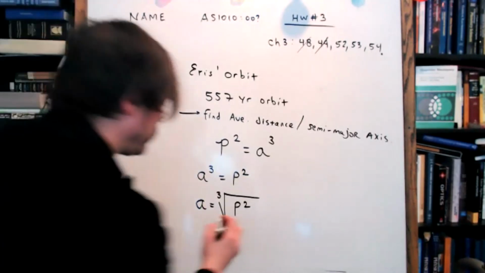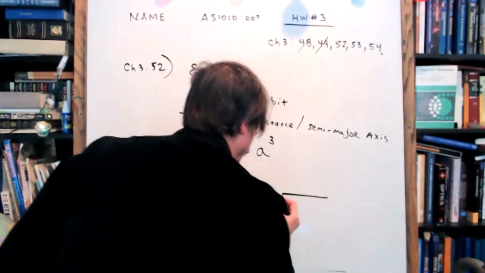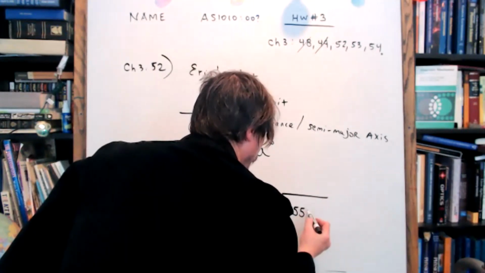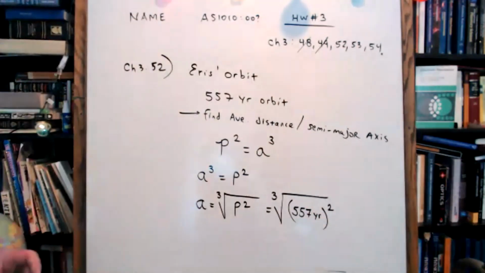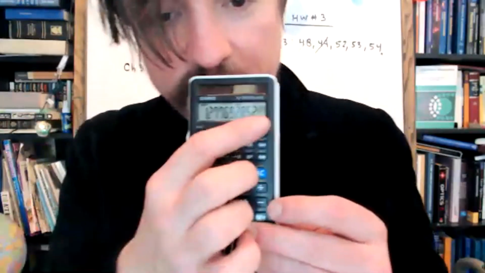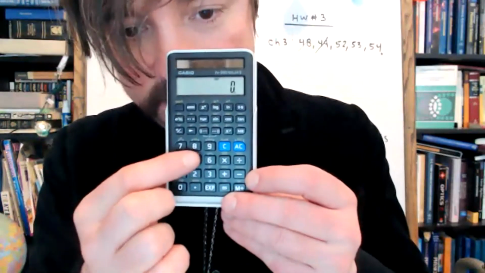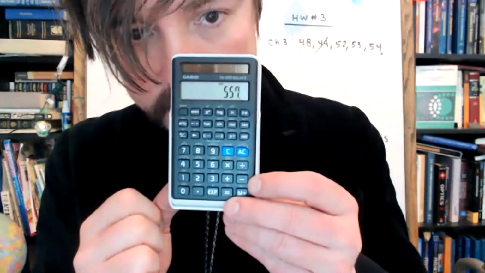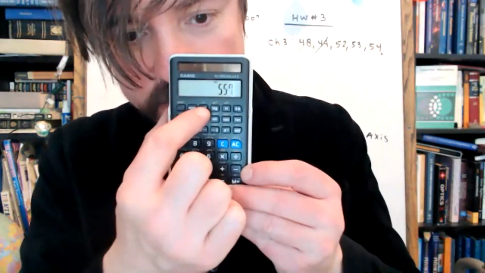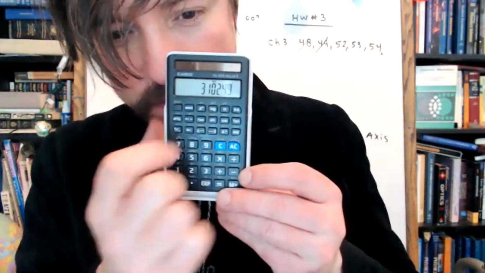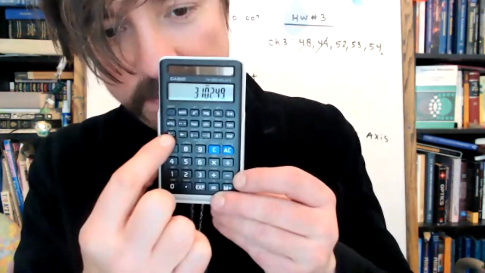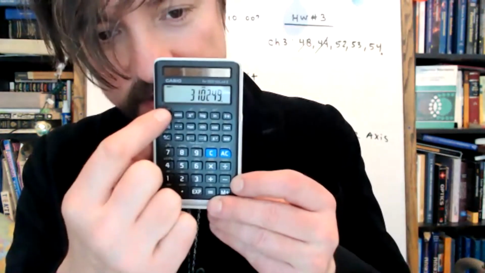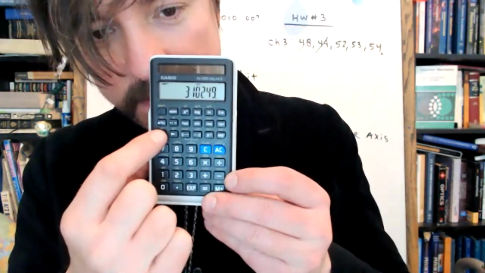557 years. Good. I wanted to make sure you recognize that. Nice, Kim. So we will do the cube root of 557 years squared. You ready to try this one out? This is different than the sample problem we did in class today. Let's start with 557. Now find your square key, which is right up there, and hit it. Now we're going to get the cube root key, which is above the plus minus here. We have to hit shift and then the negative key.